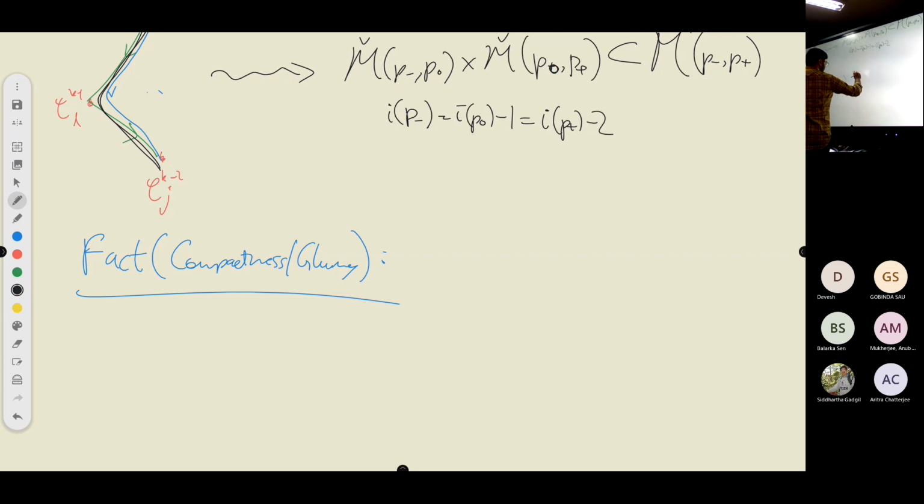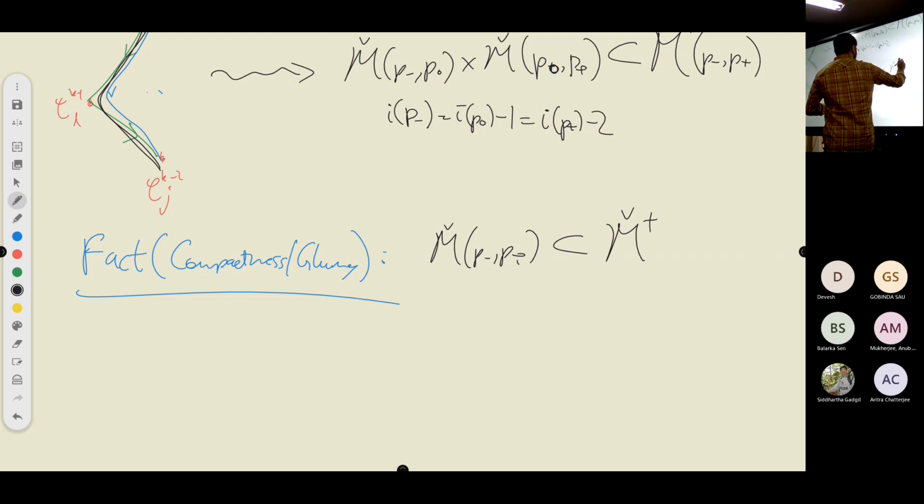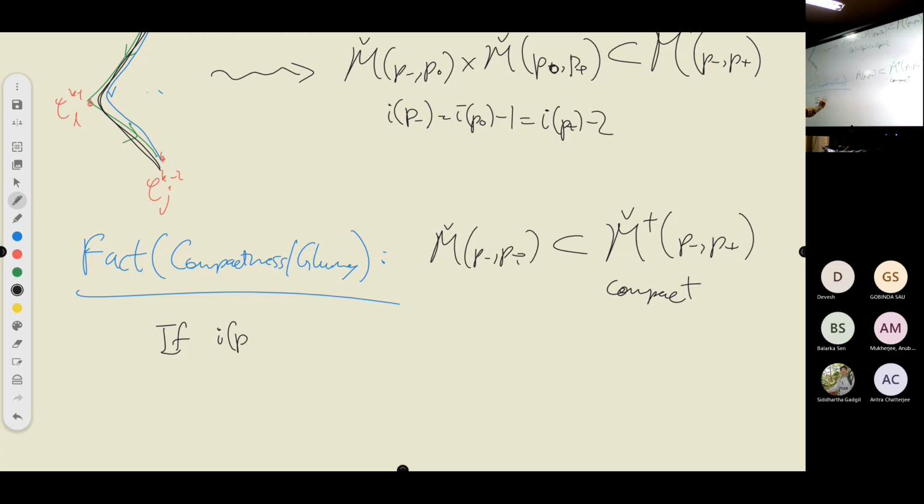So the fact is that M check P minus P plus sits inside M check plus, which is compact. And in one specific case, we can even say more. If the index of P plus is the index of P minus plus 1, then